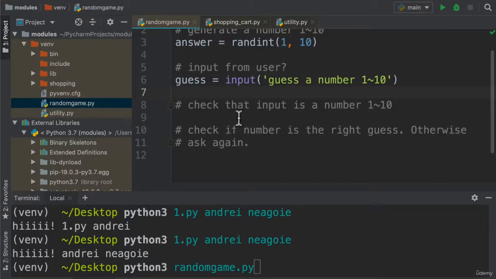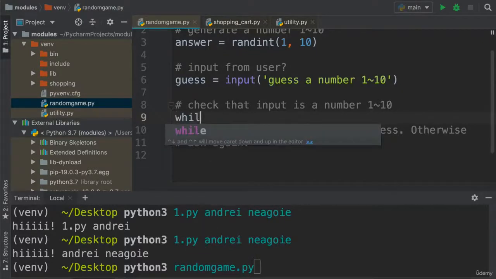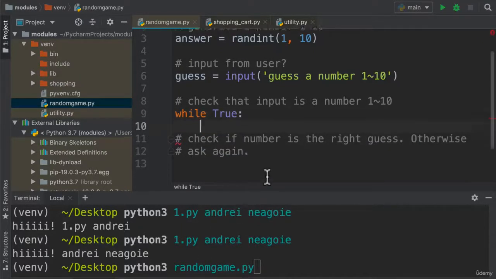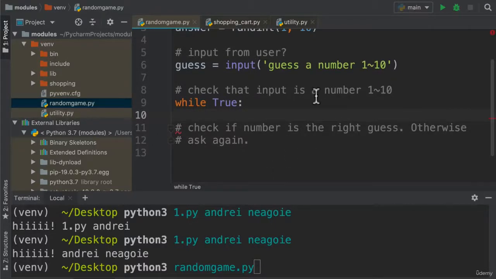What about checking that the input is a number 1 to 10? So we have to do a bit of checking here. Now, because we want to keep looping while the user is guessing, I'm going to do a while true loop that we have to make sure we break out of so we don't have an infinite loop. And in the first part of the while loop, I want to check what the user inputs. So I'm going to say if guess, well, we know right away that the input is going to give us a string. So we have to make sure we convert this into an int first. So let's do that. I'm going to say if int guess